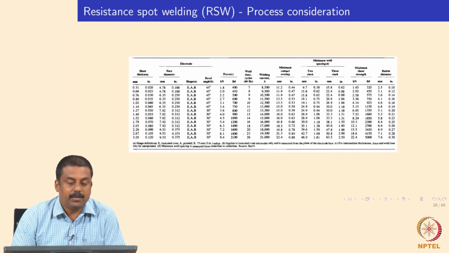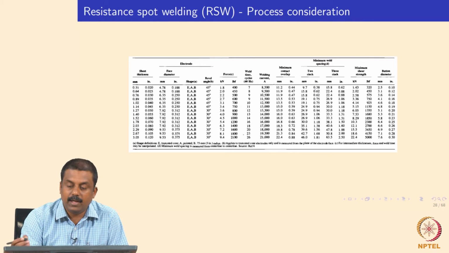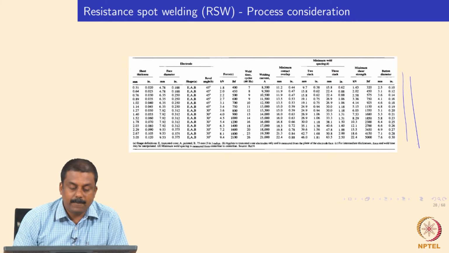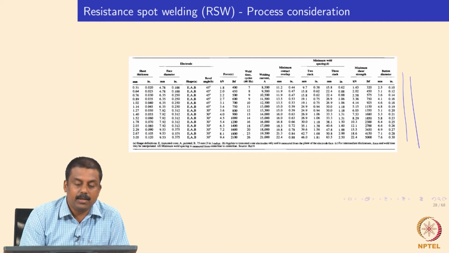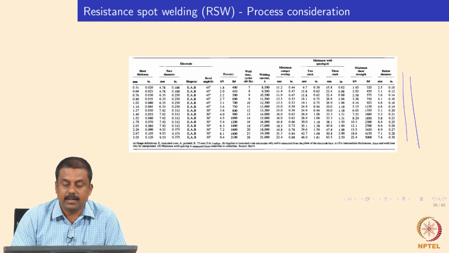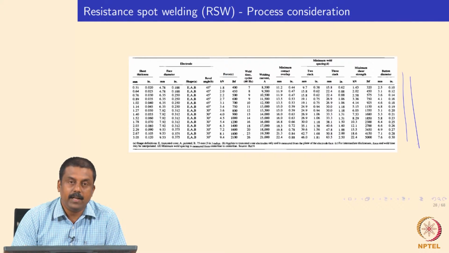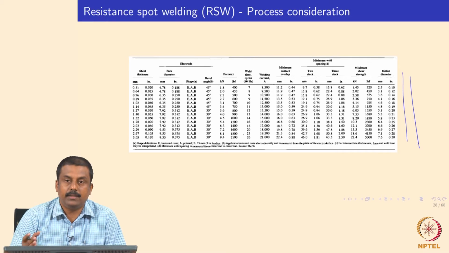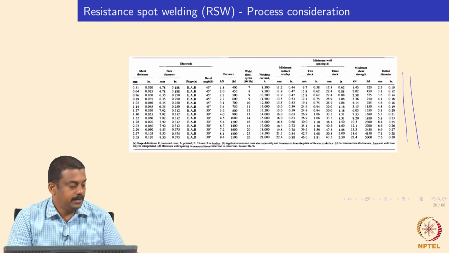This table again shows the information about the weld nugget diameters, force, weld thermal cycles, and current used for a given thickness. This is again a guideline. It is for a simple zinc coated galvanized steel, and the reference I took from a handbook. We do not want to go into details because the fundamentals are as I explained. If you change the welding current and welding time, you can also change the weld nugget diameter, and based on the thicknesses you can identify what current is needed for a given weld nugget size.